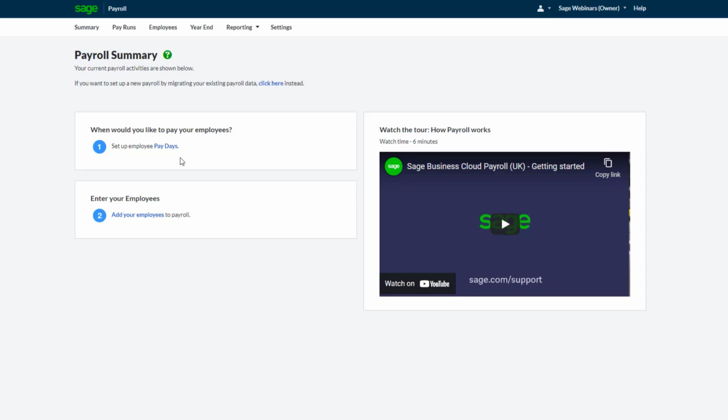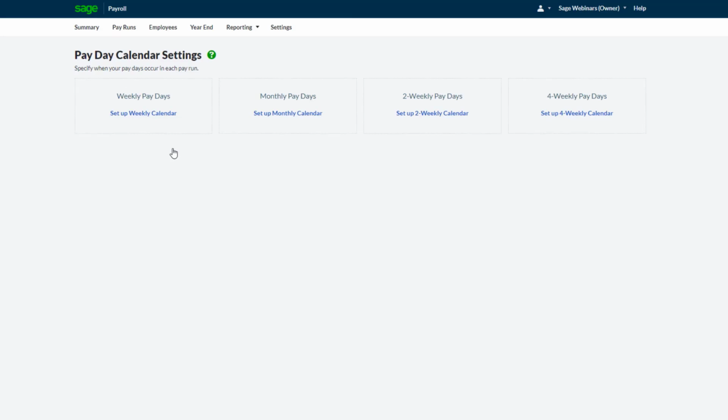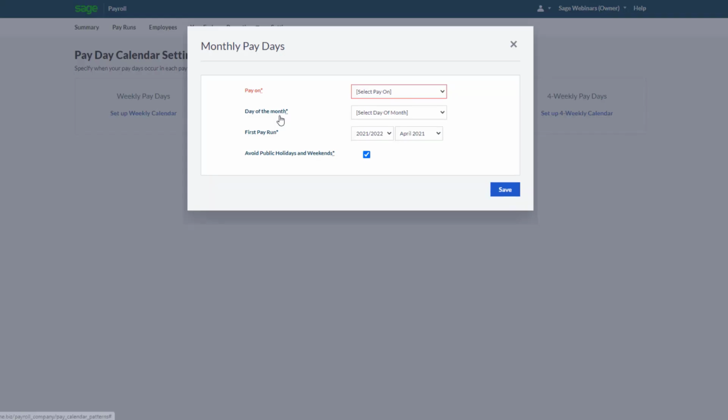paydays, click the link. This opens the Payday Calendar settings, where you can set up weekly, monthly, 2-weekly or 4-weekly calendars. For this demo, we'll set up a monthly calendar. You'll need to choose the day of the month that you pay your employees, which can either be the same day each month or the last day of the month. We'll choose the same day of the month, in this case the 25th,